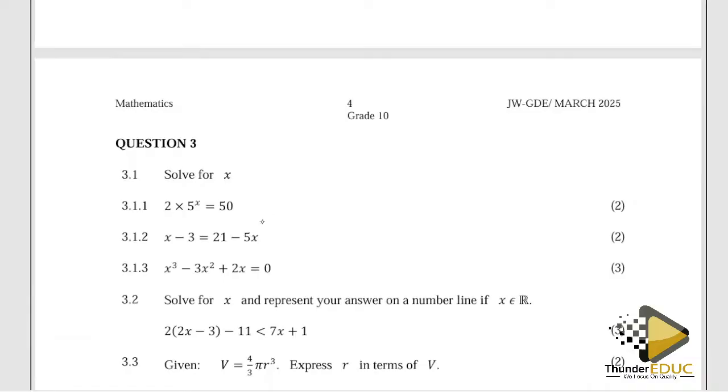So in this case, I'm seeing an exponent, which means I'm going to use exponential knowledge. For exponential knowledge to apply, I need to get rid of this so that this 5 to the x is left alone. So I'll divide both sides by 2. Okay, so I'll have 5 to the x is equal to 25. And then I'll change this 25 to a base of 5. So 5 to the x is equal to 5 squared. And then I'll drop the bases. Therefore, our x becomes a 2. Perfect. And then we move on to